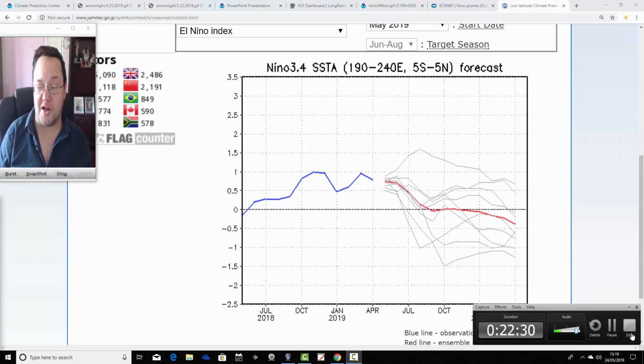So it's still quite a confused picture, actually, in terms of what's happening with ENSO, as it always is at this time of year. As I said, we're in the spring predictability barrier still just. The clouds should part before too much longer. I think when we get to June, we should start to get a much clearer picture about what's going to happen through the summer and into the autumn.